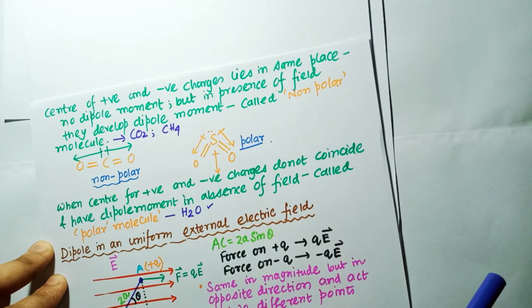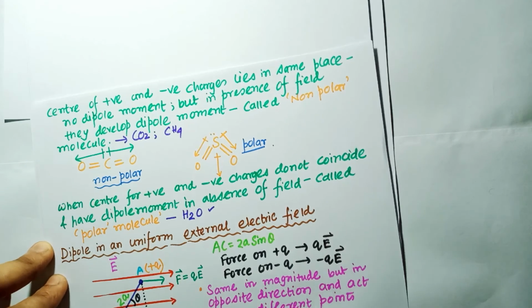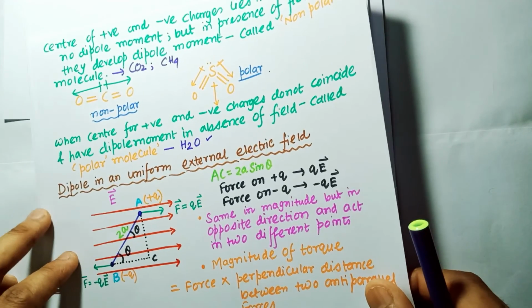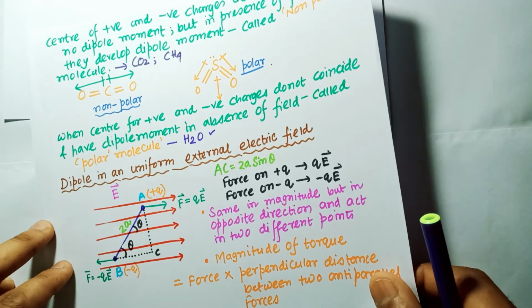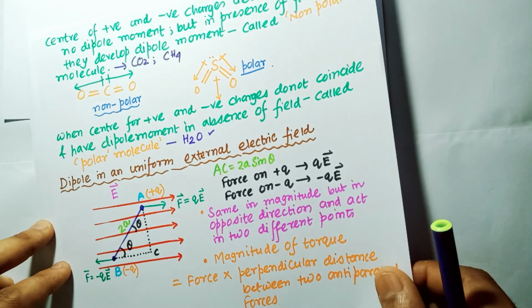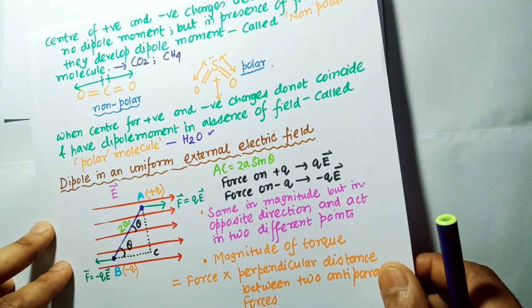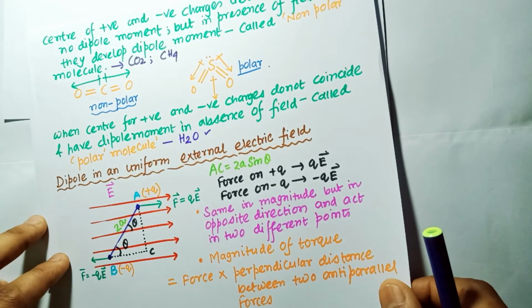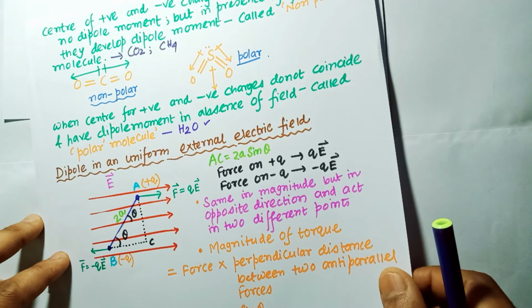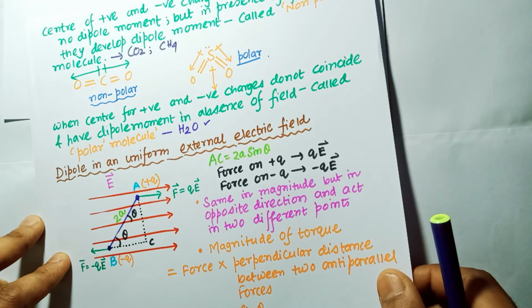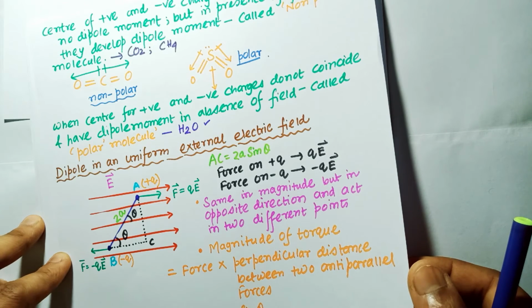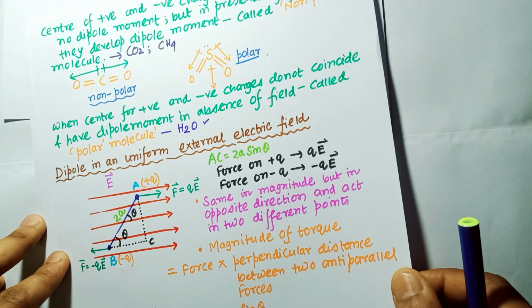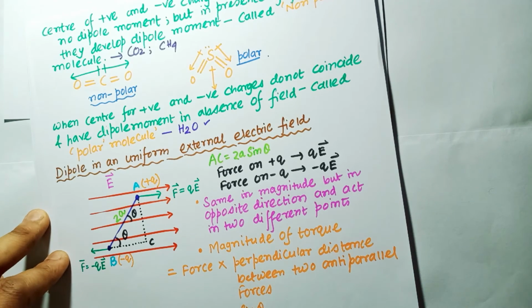So suppose now we place some electric dipole inside the uniform electric field. I think many of you can understand that the dipole consists of two equal and opposite charges. Each charge will feel some force due to the presence of the electric field, but as the forces are not collinear, there will be some resulting torque acting on the dipole. And what is the consequence of the torque acting on the dipole? The torque tends to align the dipole in the direction of the electric field, to minimize its potential energy.